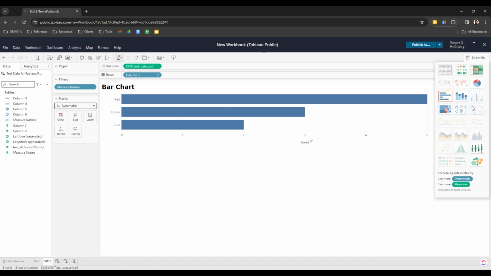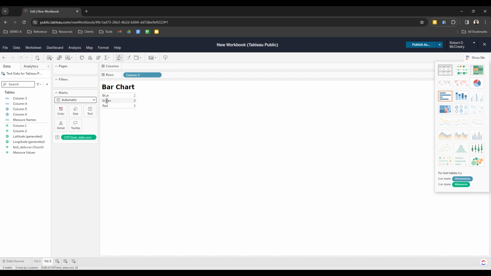Okay, so for this other one, let's click on random stuff. So we can make this into a table where we have blue, green, red, and we have the counts. You could extend this very easily either way. You could also have a hybrid table where you have shapes instead of numbers. And when you hover over the shape, it will give you again the count and the name of the column. A small heat map, a pie chart, which we all love and hold dear. And then